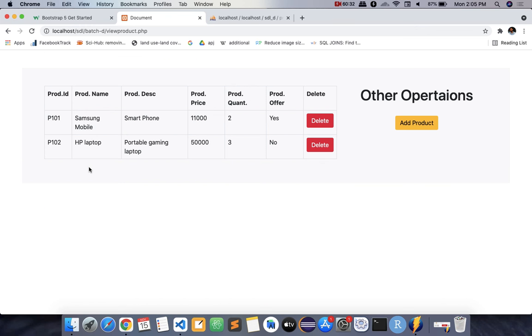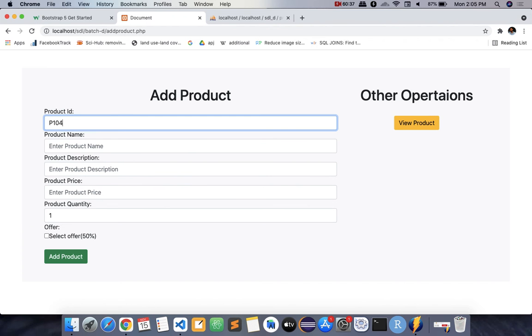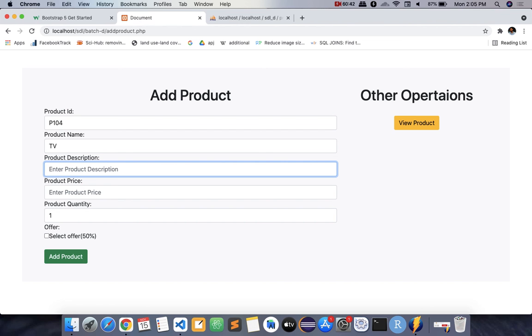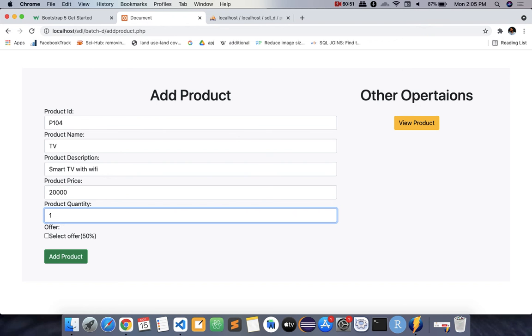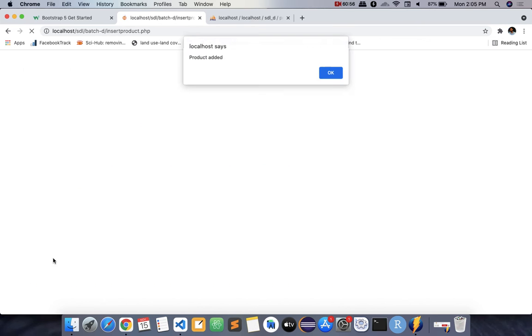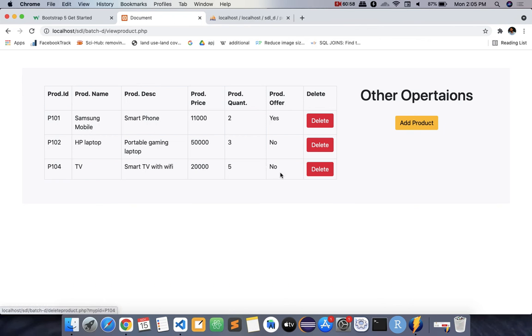Okay. Now add another product. 104. TV. Smart TV with price, quantity, and no offer needed. And now if you want to delete, you can delete it. Done. Okay, but by mistake I have entered the wrong